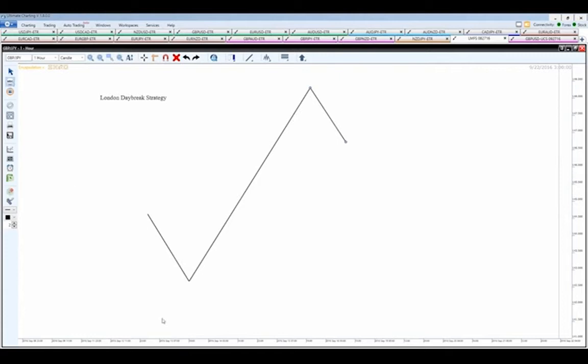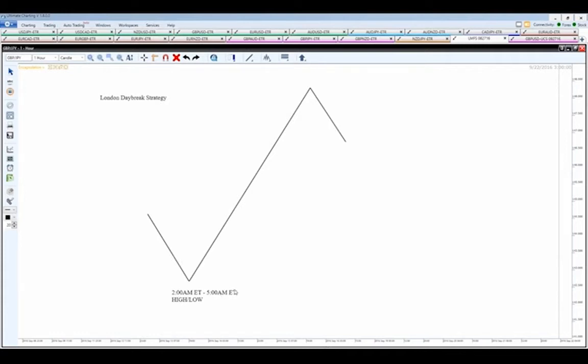Now, we'll be looking for in between 2 o'clock a.m. Eastern Time and 5 o'clock a.m. Eastern Time. We're going to be looking for the market to form its initial high or low for the day. So between 2 a.m. and 5 a.m. Eastern Time, we want the market to pull back and form its low and rally up, or rally up, form its high, and pull back.